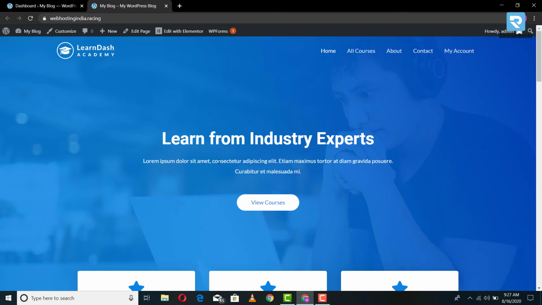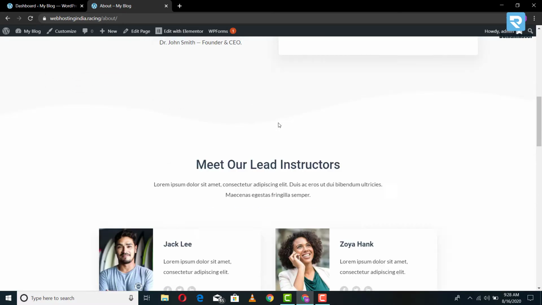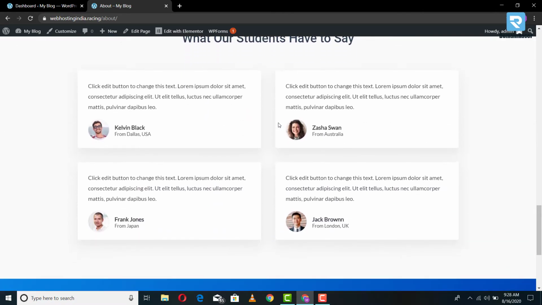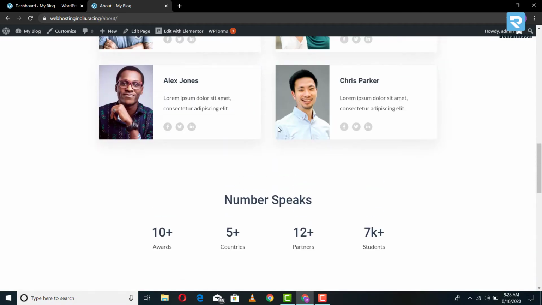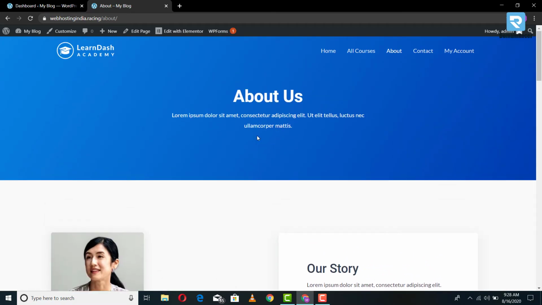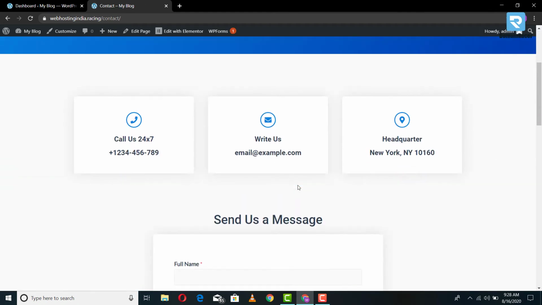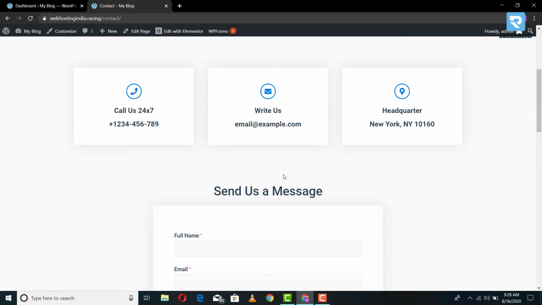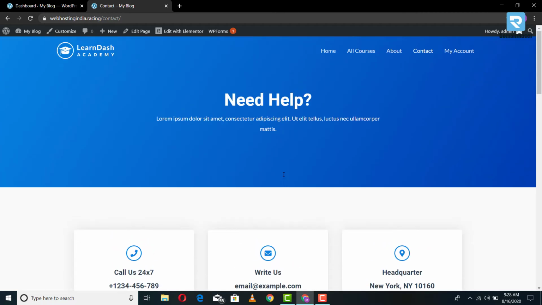First thing you need to know when you're creating a website is all the pages that you need. Now this is a home page. Now let me show you some more pages like this about page. You can see again this is a beautiful and a simple page. You can change the color tone according to your brand. Then there is this contact page. This will be used to contact your school or to register for new students.